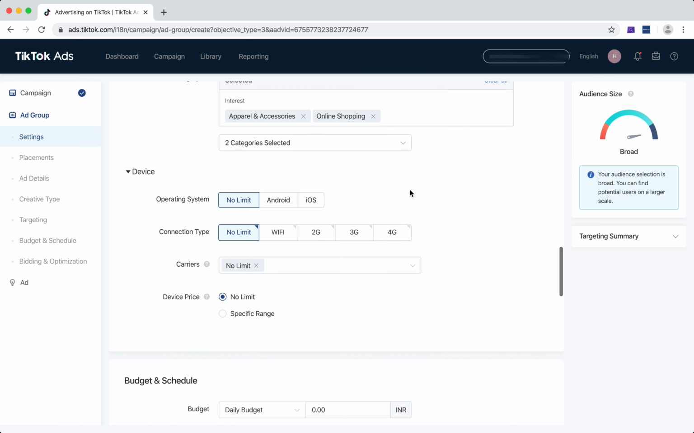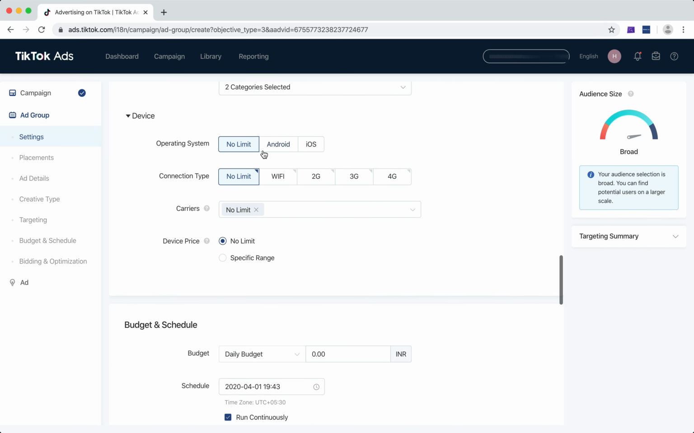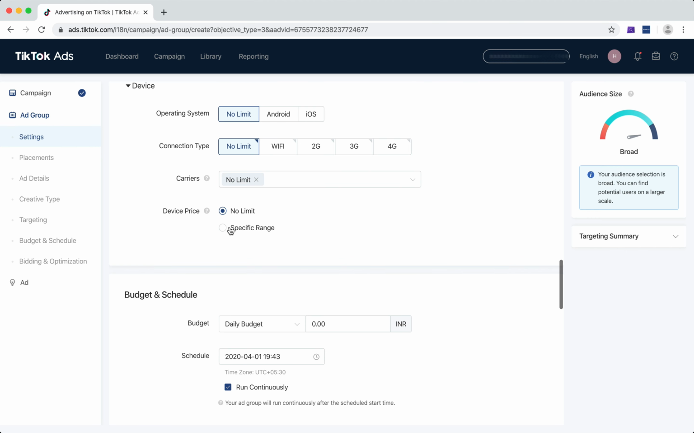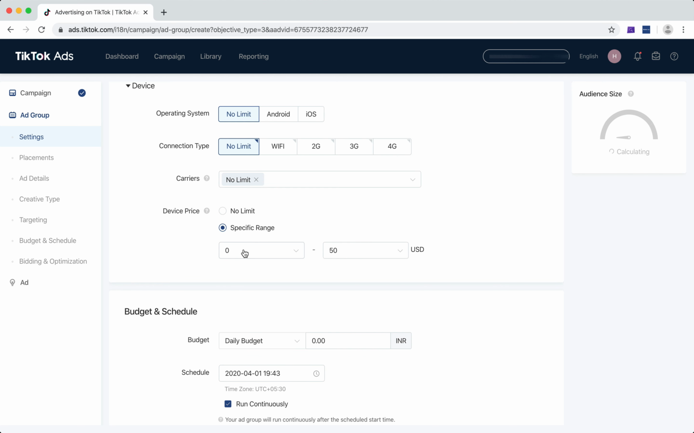Here you can see which device you want to show your ad on. So Android or iOS, which is Apple. Connection type: Wi-Fi, 2G, 3G, 4G. Carriers you can see here, and device price. Let's say you are selling very expensive imitation jewelry, so you can